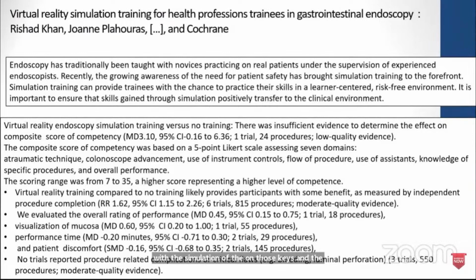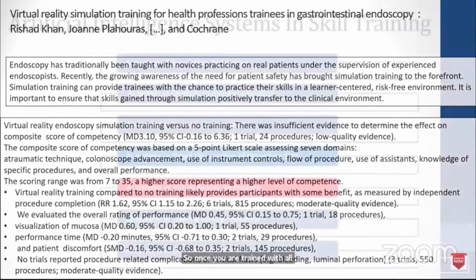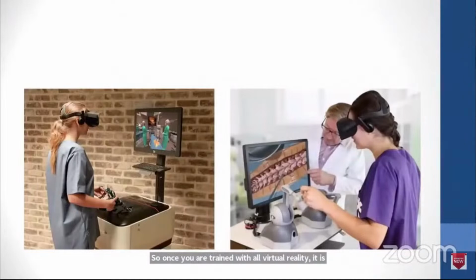And then now we have seen the GI endoscopy, and endoscopy has been taught through real patients. But I think with all these endoscopists and all these systems, it can train you. And it has been found that the scoring range would come from 7 to 35. So once you are trained with virtual reality, it is giving you better training. Virtual reality is almost coming in the picture, where with Google goggles,